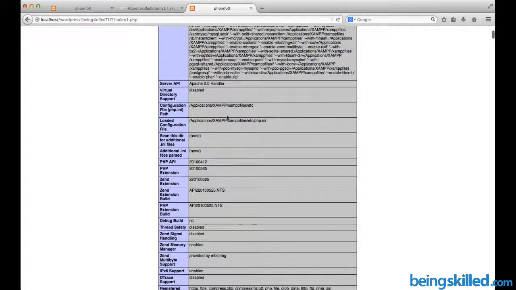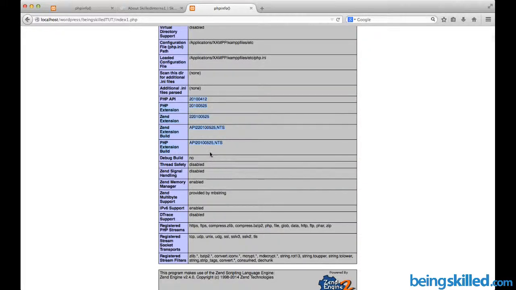And then we have this configuration file php.ini, which is the most important file of PHP. It's located inside /applications/XAMPP files/etc, which makes the location of the loaded configuration file /applications/XAMPP files/etc/php.ini.